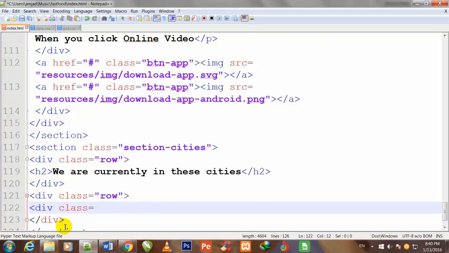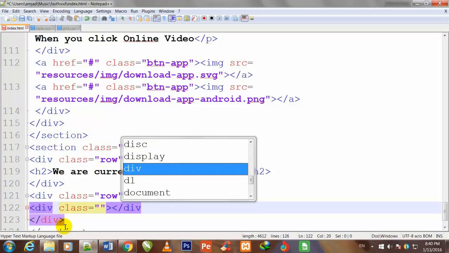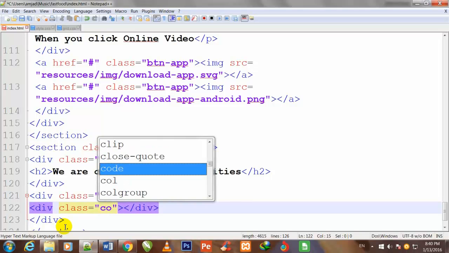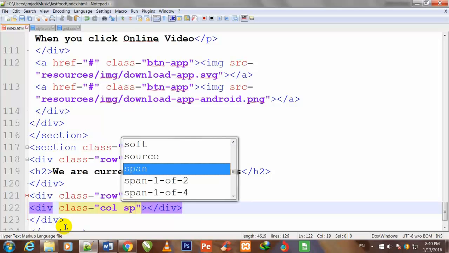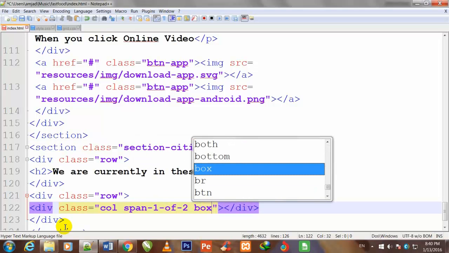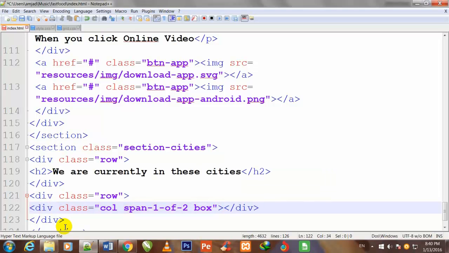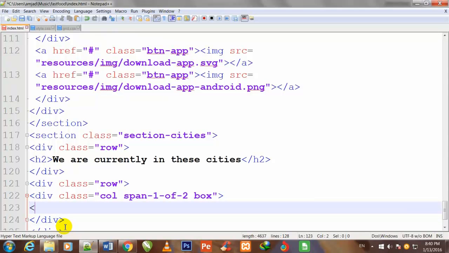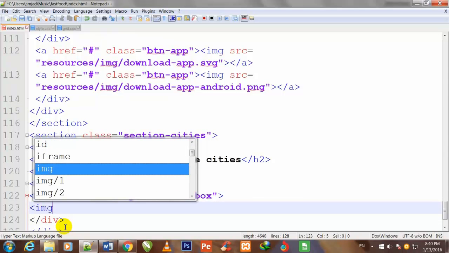Div class is equal to double quotes, and here I define the class name, col span-1-of-2 box.